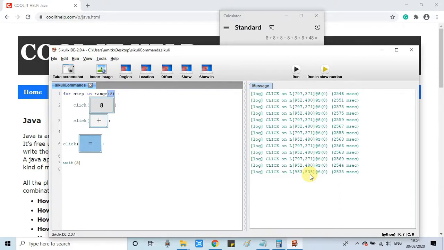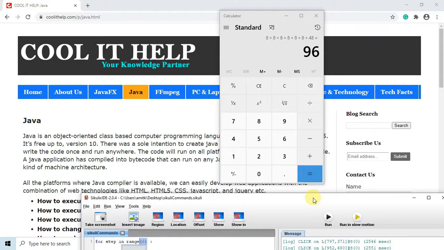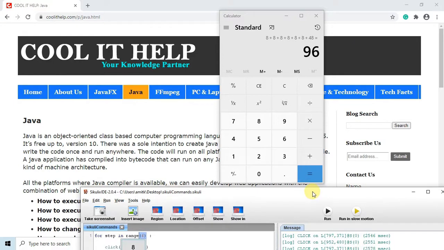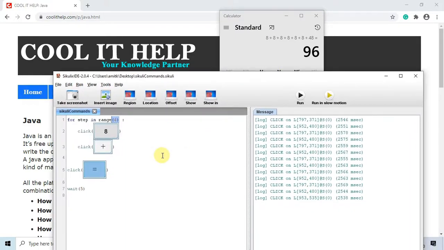Also we are getting the log inside the right-hand message tab. So execution is done as we were expecting, but the logic is a little bit incorrect. It has added the 48 at the last. That's not intended, but the intention right now is to show you the working of a for loop and how to use it. I hope this is clear to you.